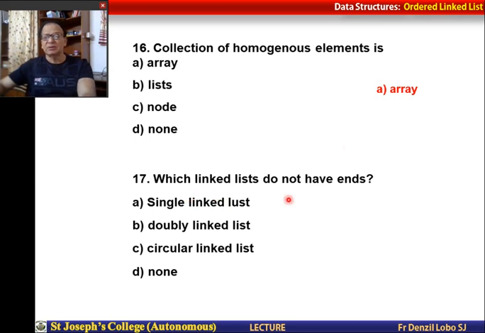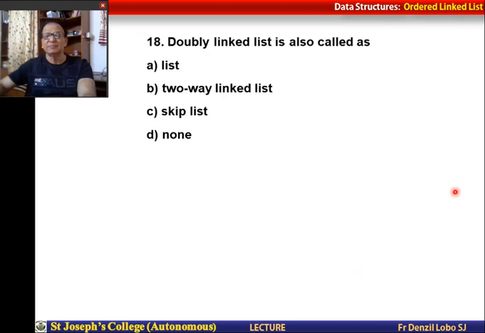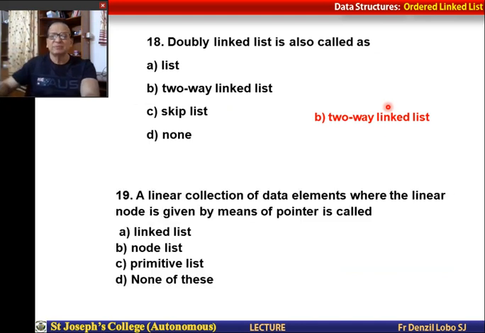Which linked lists do not have ends? Naturally you know that circular linked lists don't have ends. A doubly linked list is also called a two-way linked list, skip list, none, etc. This is B, two-way links, because you have a link forward and a link backward.